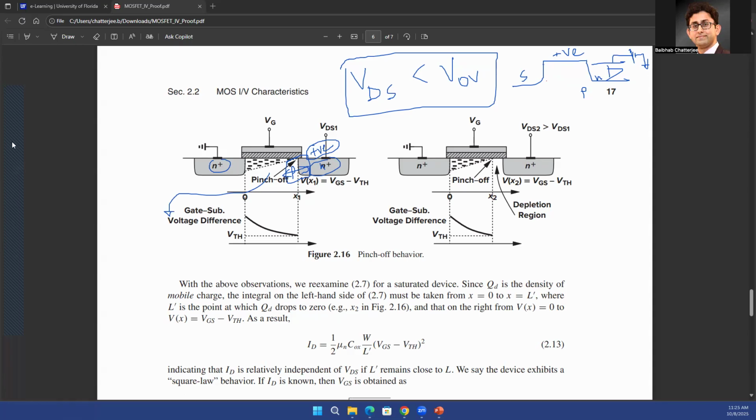So you're asking why is this N plus? Yeah. Right. So that's basically a choice. You can make them N plus if you want to. So the more doping you have, the more amount of current you can create. So it's a choice of the